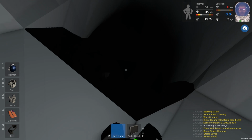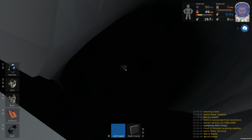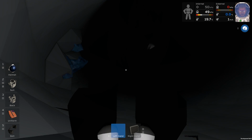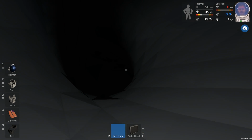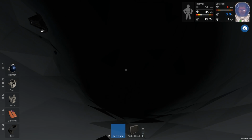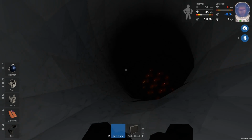You'll see down there. Wow, yeah, there's light. I don't think that's anything I've dropped. I think that's just a bit of an artifact. But if I don't need to turn on my jetpack, let's just descend. So we're already in one cave system, and we're quite far below the ground. But then you'll see there's more, and another cave system. And here's where I need to turn on my jetpack, because the ground starts to get a little bit cracked,